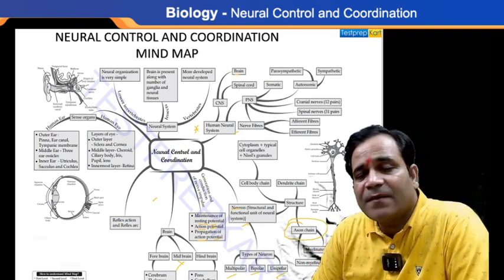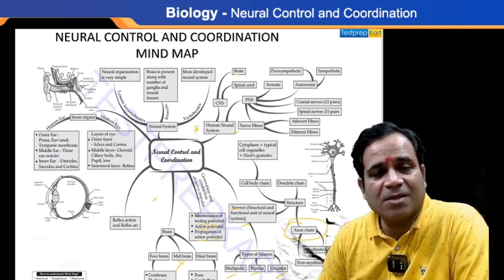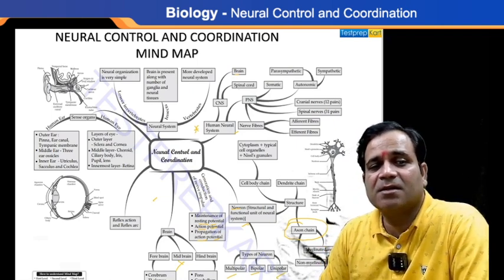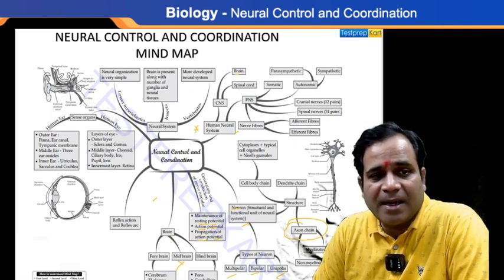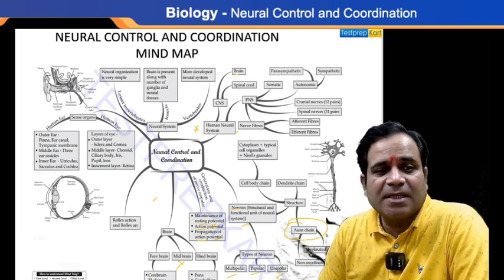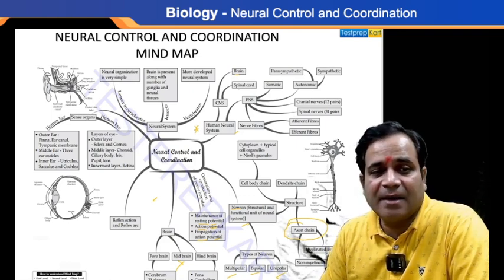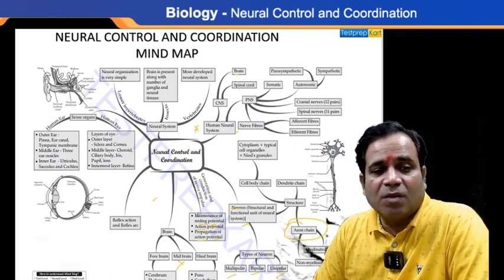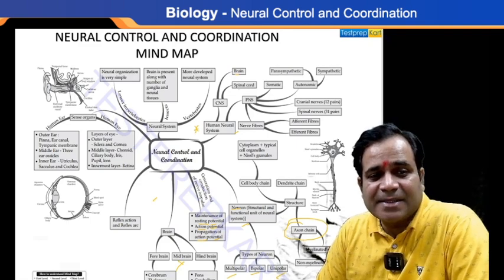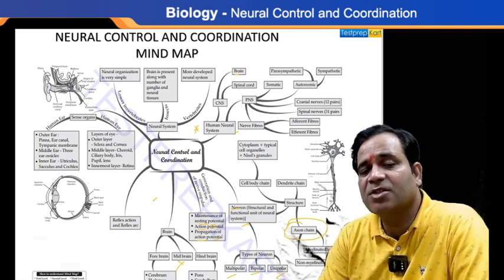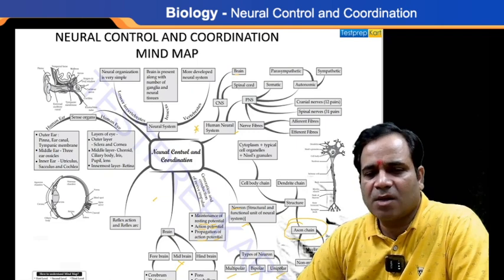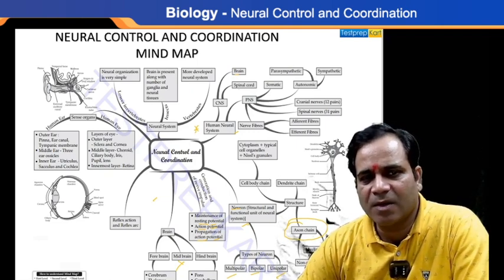After knowing all these things, here are some sense organs also: the human ear and the human eye. See in the diagram below the human eye: three layers, sclera, choroid, and retina. Then the convex lens, ciliary muscles, aqueous humor, vitreous humor, and optic nerve. We will know all these things one by one. Okay, so let me start.